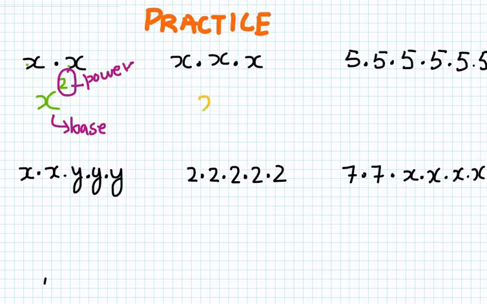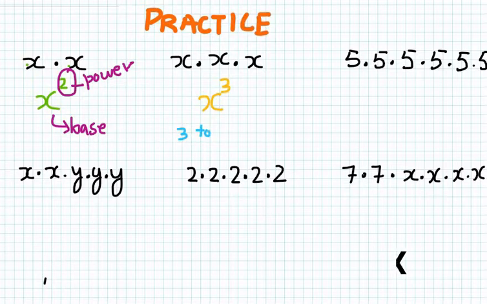So x is the base, and since it is multiplied to itself 3 times, so x and in superscript is 3. Now here it is very important how we read it. So it is read as x to the power third,